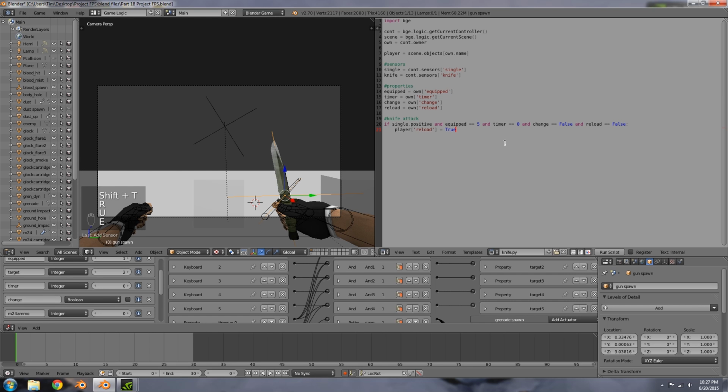Alright, so if that is equal to true and the timer is equal to 0, what we also want to do is go ahead and set the timer up. So timer plus equal to 20, because that's how long the animation is. So if timer is greater than 0 and reload is equal to true and equipped is equal to 5, then what we want to do is go ahead to the next line, and